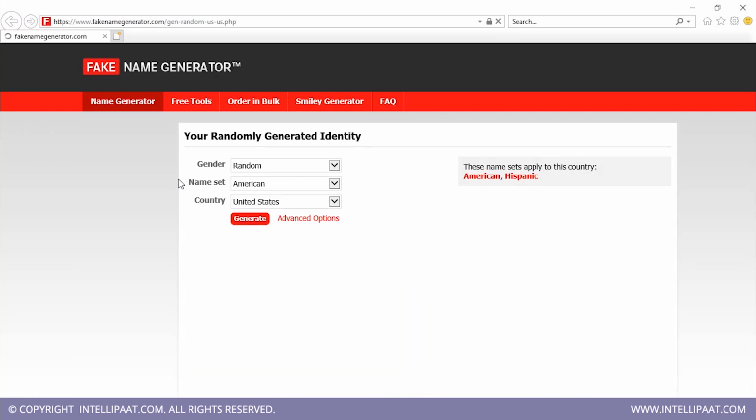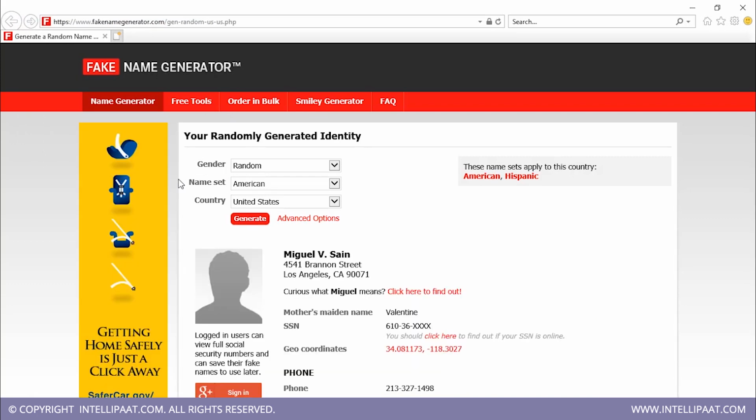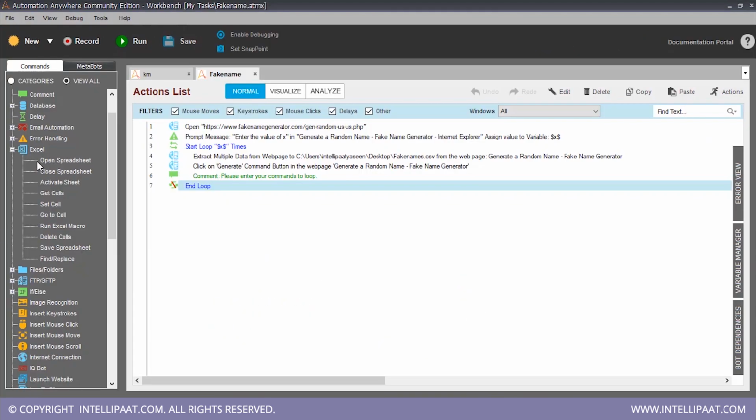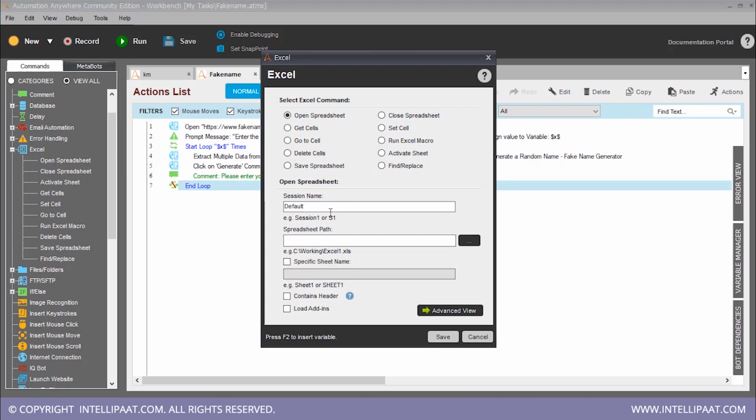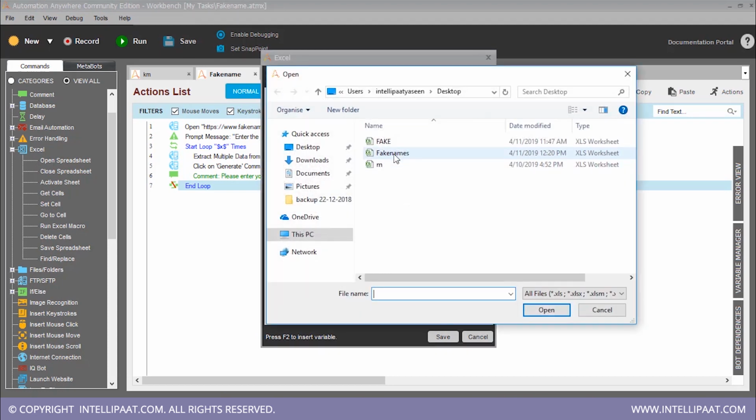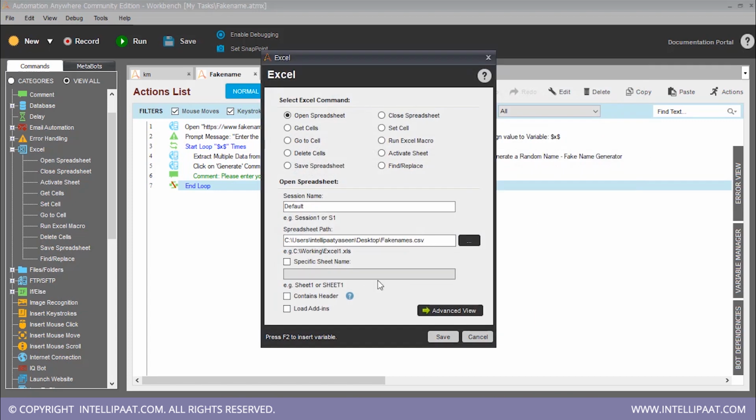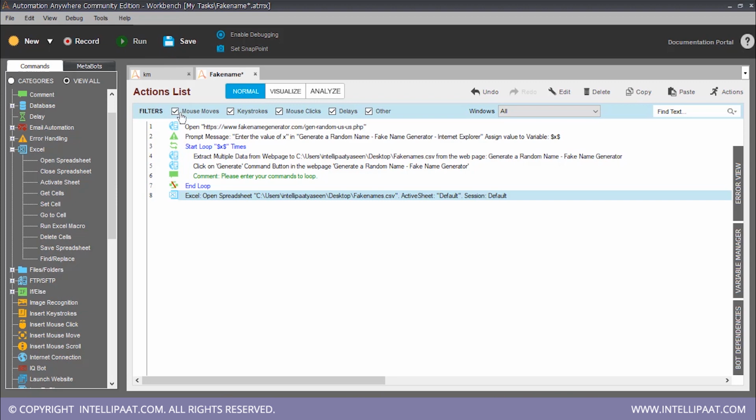So the new page is automatically getting opened. And now the data is extracted. Let me open the spreadsheet now. Open spreadsheet path. See, automatically a CSV file is created. Click on open and save it. Let's save this and run again.